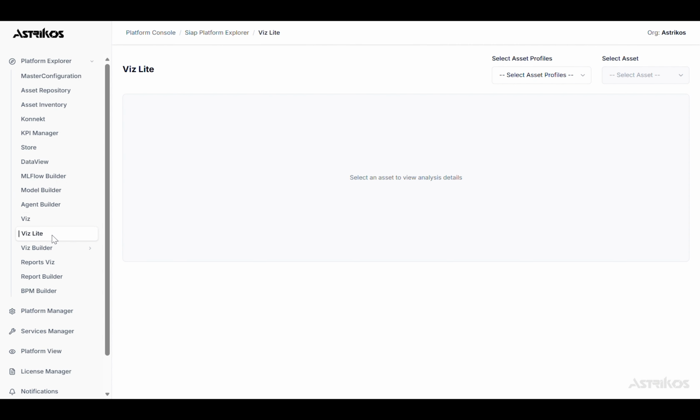From the Platform Explorer, navigate to the Viz Manager module. Viz Manager acts as the centralized workspace for configuring reusable visualization components used across dashboards and pages. The